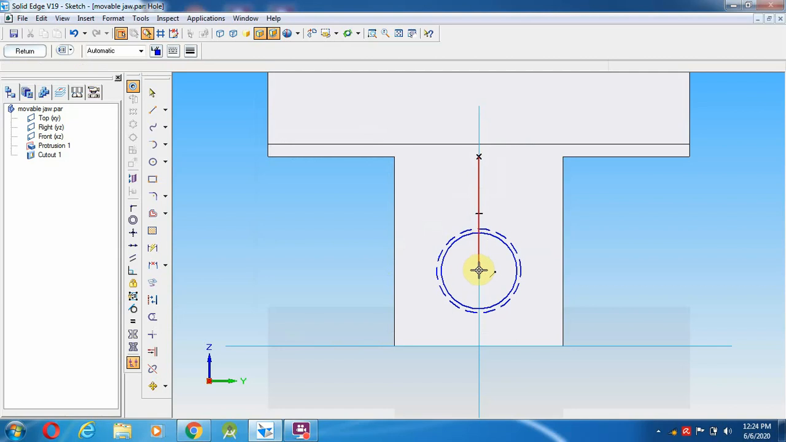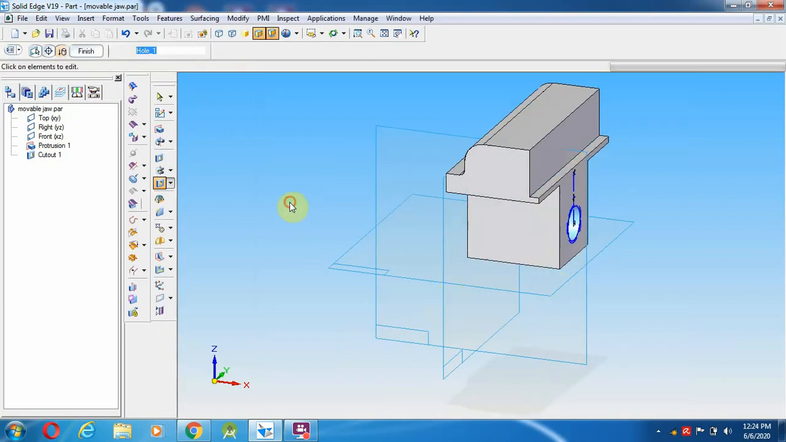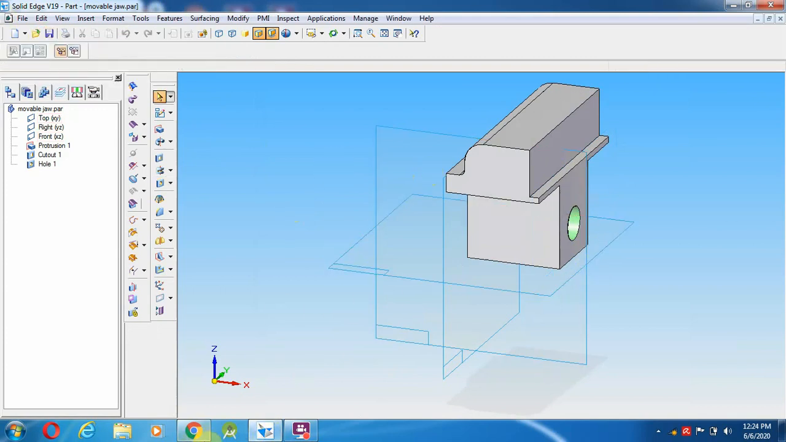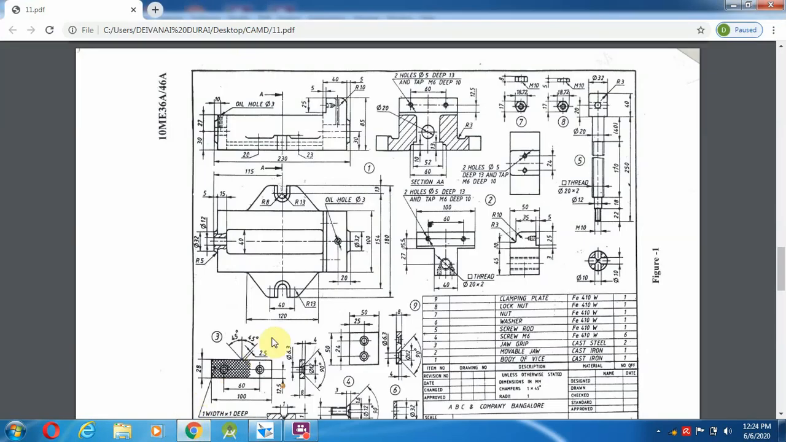I am going to place the hole over here. After placing the hole, I am going to give return, left and right click. The hole has to be created over here. Once again, you can save the component. After this, what is the next step we have to do? This is the hole. The gap is 60 mm, and two holes, diameter 5, deep